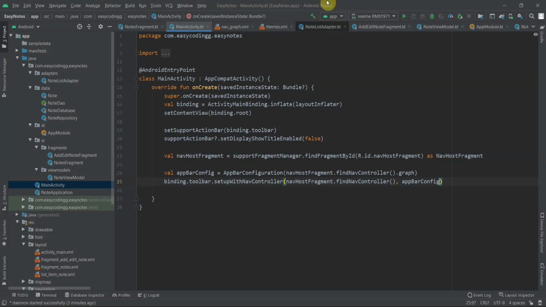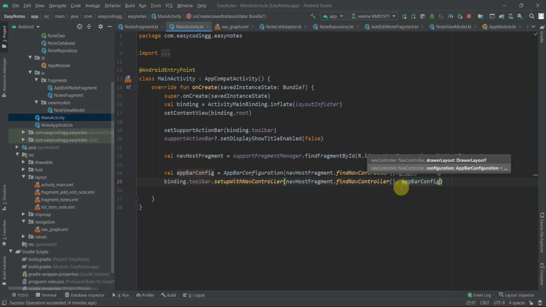Now we get a series of things by connecting our toolbar to our nav graph. The first one would be the label, which is specified for every fragment in our nav graph, becomes the title of our action bar for that fragment. And secondly, we get a navigate up button, which is just the back button which is present in our action bar in the top left corner of the screen. So by these three lines of code we get all that functionality. And that's it. Now we'll run our application and see how it goes.